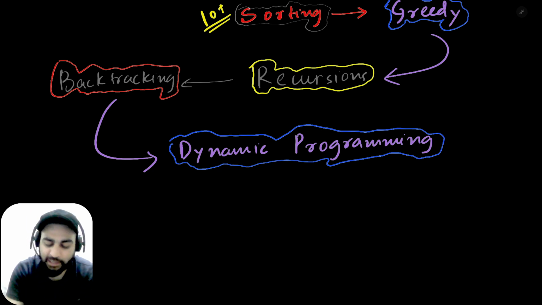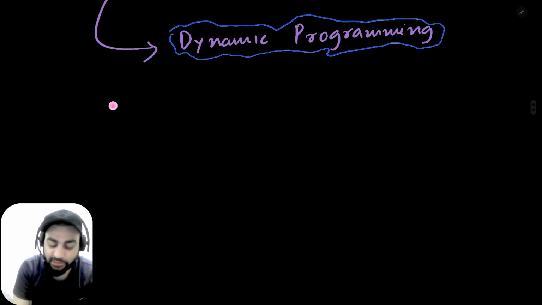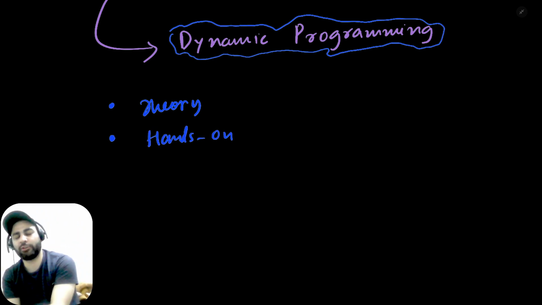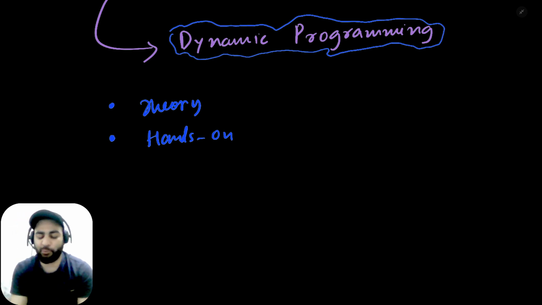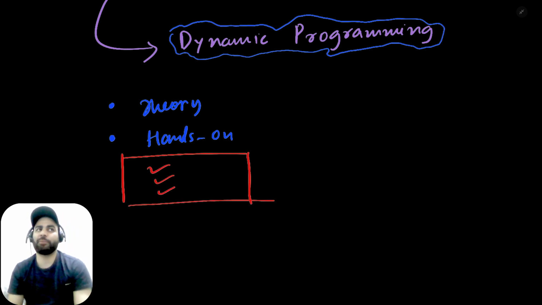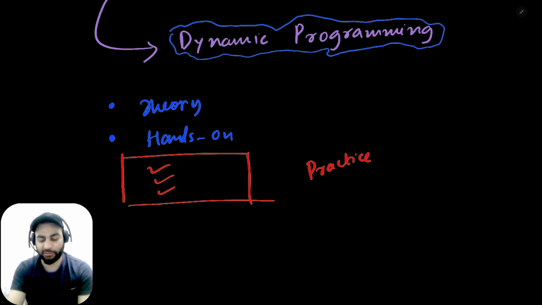But again, I'll reiterate what we'll teach. We'll first read a bit of theory. Once we are done with the theory, we'll directly get our hands dirty, do some hands-on work, and solve some problems related to that data structure or that algorithm. And then most of the work you have to do on your own. After that, you will have to do a lot of hard work and you get better at it. Everything I can say is, you have to practice a lot. If you practice, you'll become really good at it.